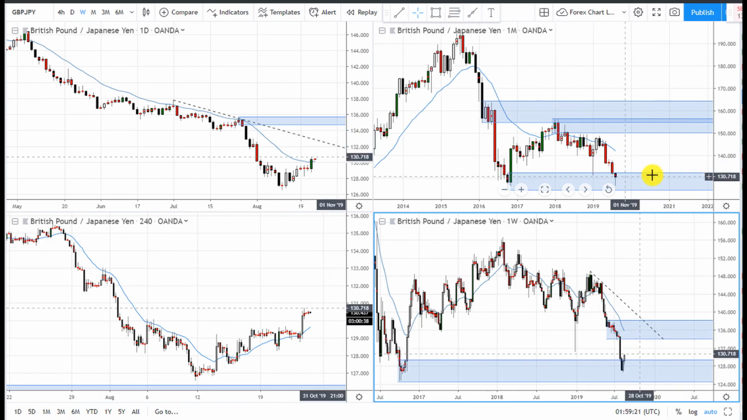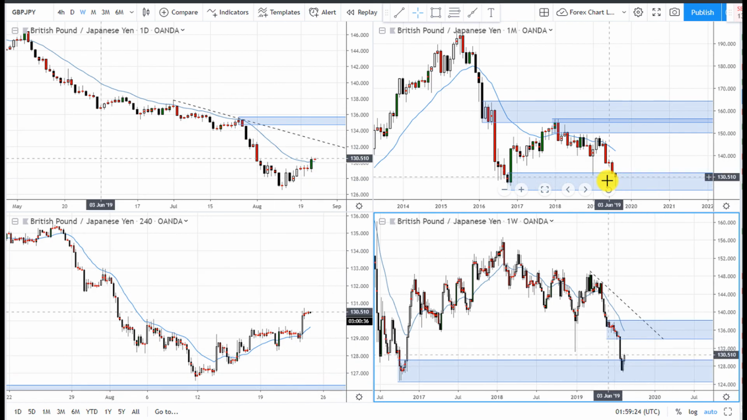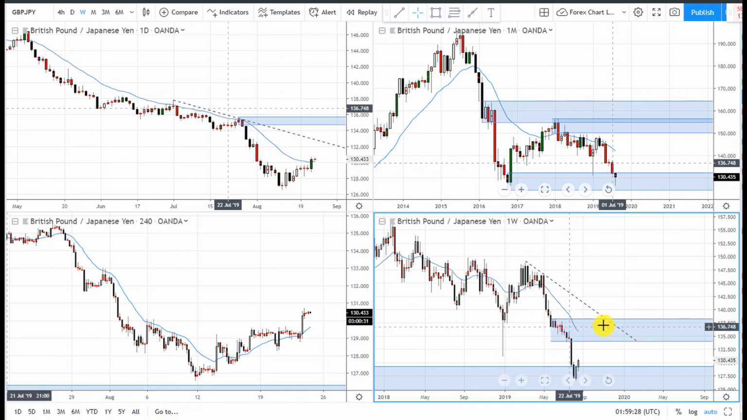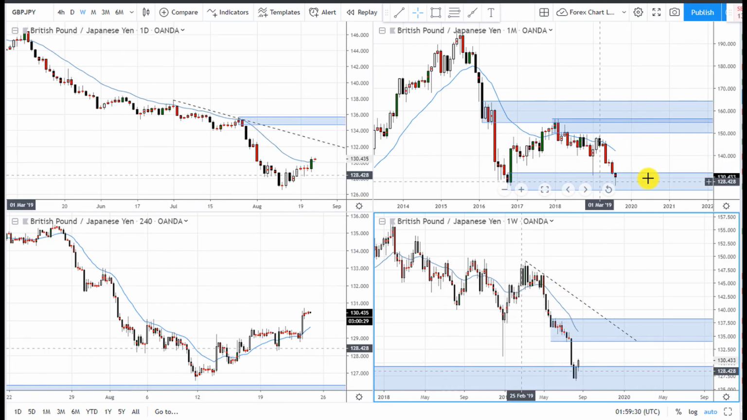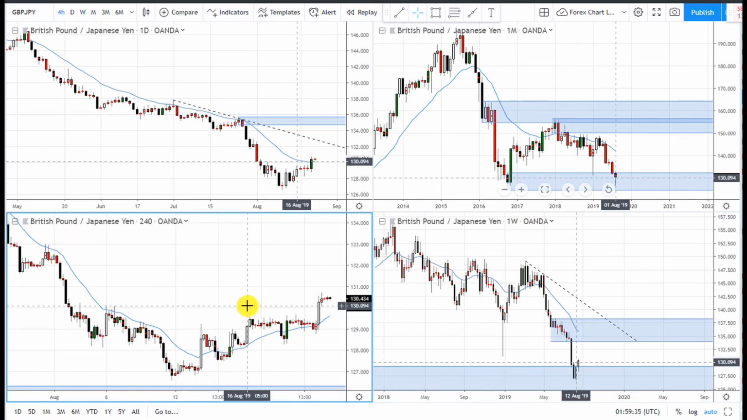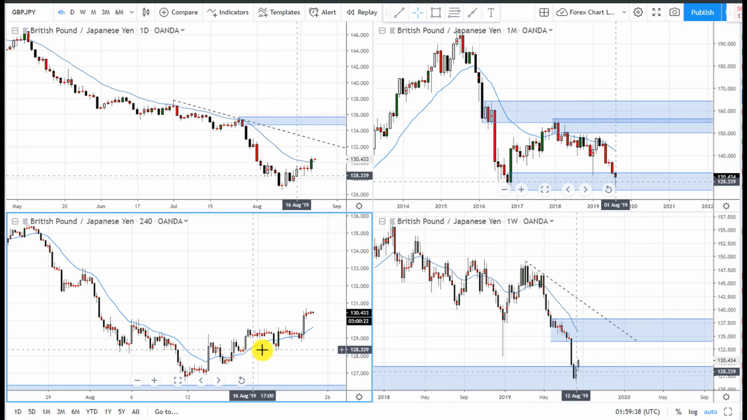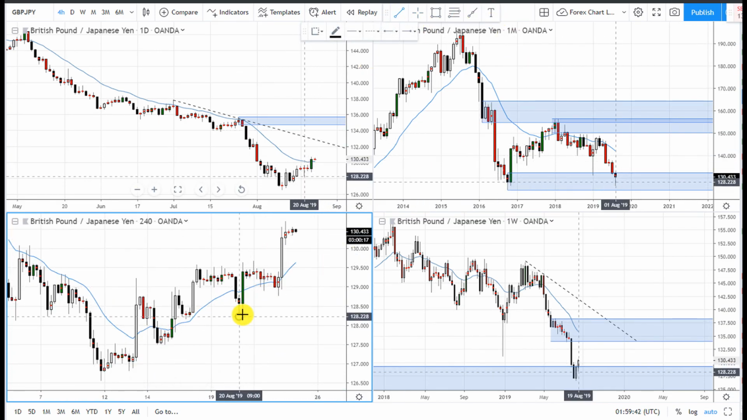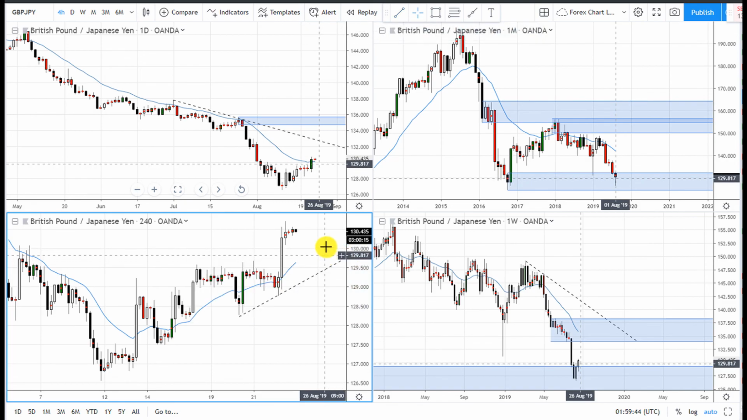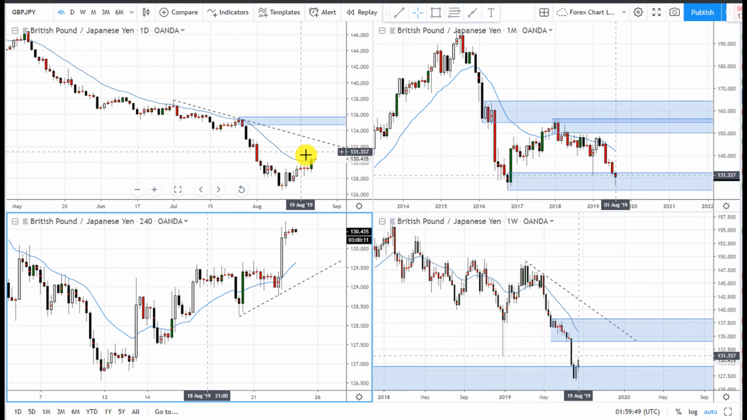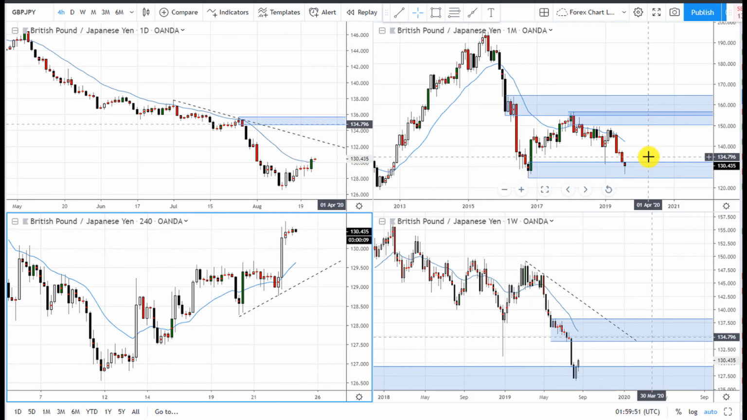So either we want to wait until this area gets removed, or we want to wait until these areas of supply get removed to go long. So we have to wait to see what price is going to do. And then on the 4 hour, we have an uptrend. You can clearly draw this uptrend. So if you're trading the monthly, weekly, daily sequence, you want to wait to see whether or not